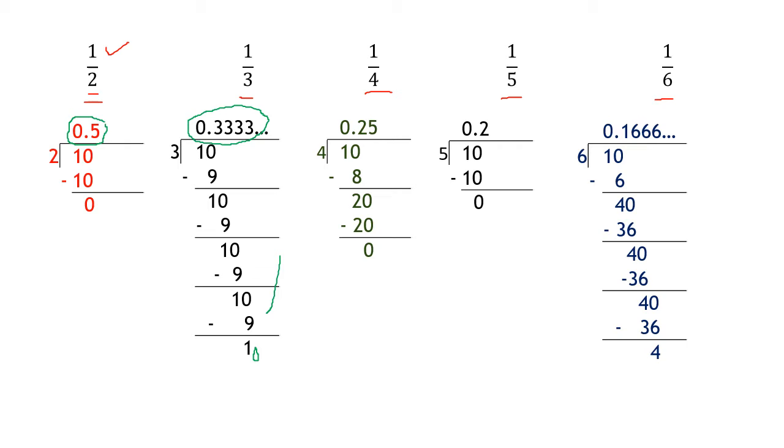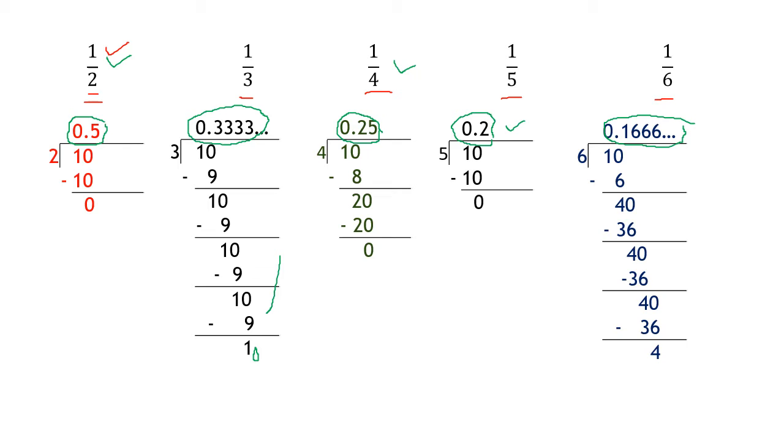1 upon 4 when I divide, now I am getting 0.25. So this is not continuing, this has been terminated. You see the case, here it was terminated, 1 upon 4 is also terminated. 1 upon 5 when I divide I get 0.2, so this is also terminated. 1 upon 6, so again 6 ones are 6, remaining 4, 6 6s are 36, 4 remains, 6 6s are 36, so I get 0.166666 where the 6 does not terminate.